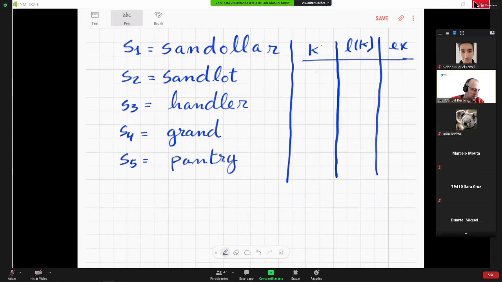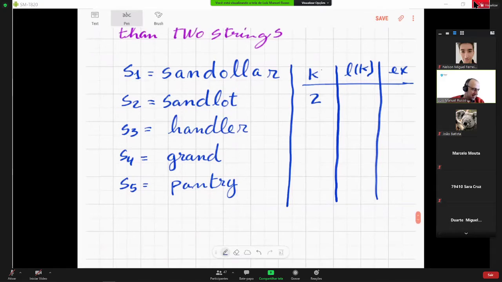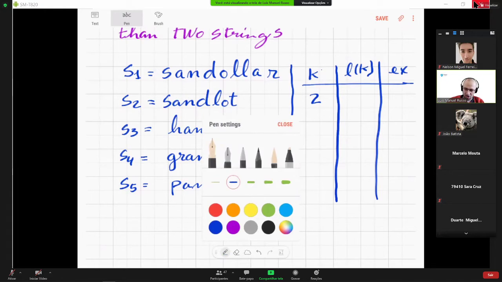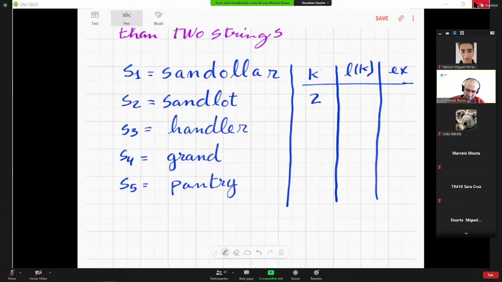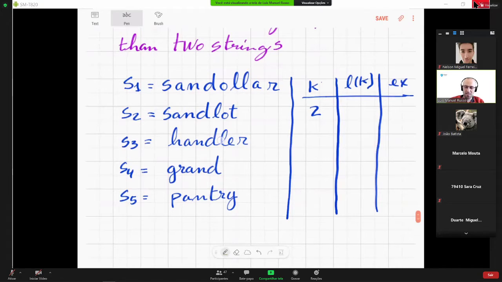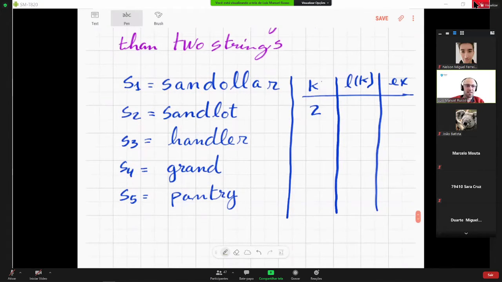Suppose that I want the longest substring that appears in at least 2 of these strings, right? Okay, so what do you guys think that is? Or you can check Gusfield, it will tell you what it is. Okay, so I need a string that's a substring of 2 of these guys, and that's longest over all such possible substrings, right? So what is it? Sand. Sand, right? So sand over here appears in 2 of them, and it's actually the biggest one that you can get,